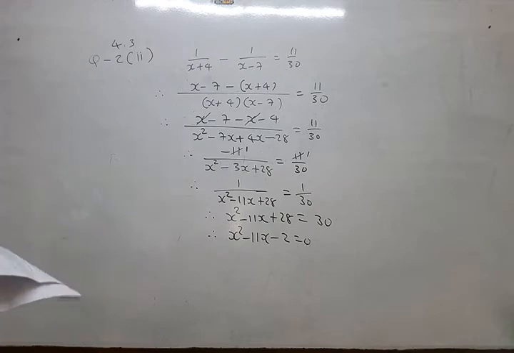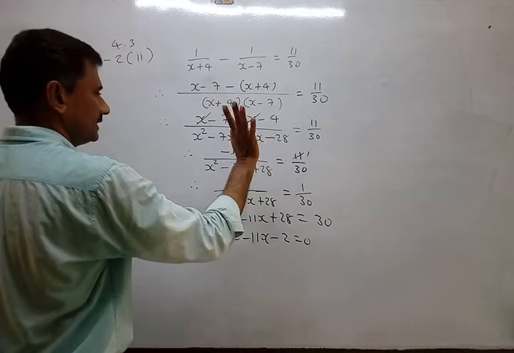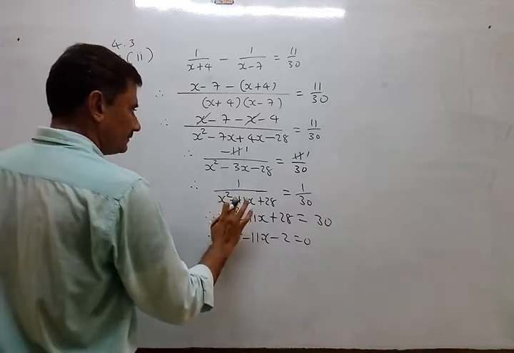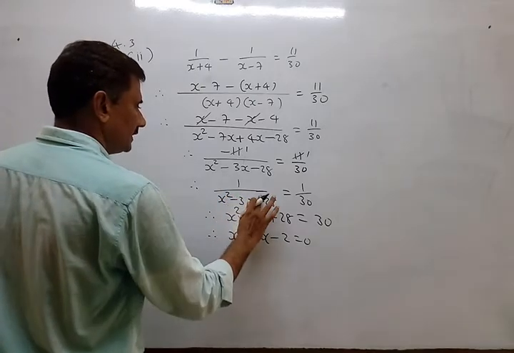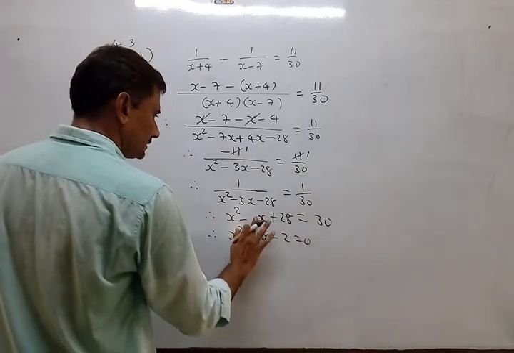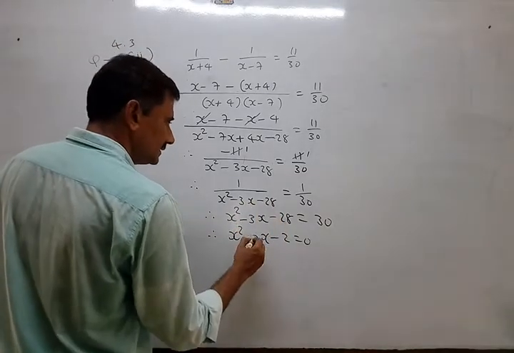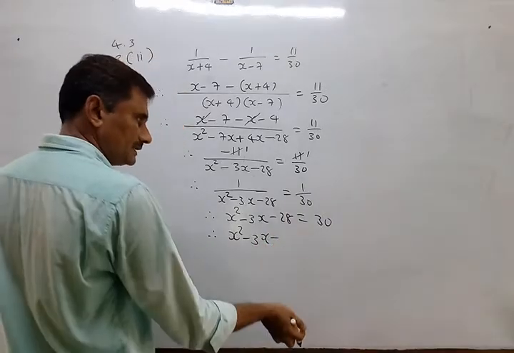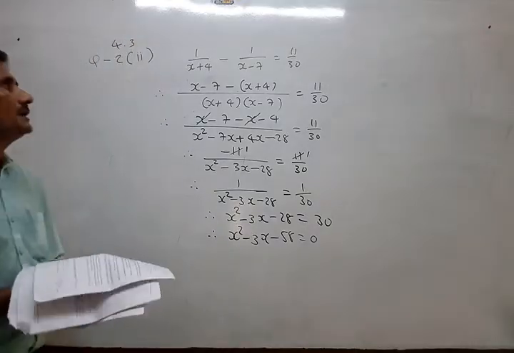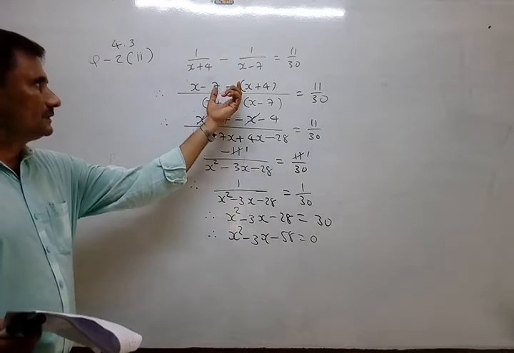It is right. Okay. x square minus 7x plus 4x minus 28. So minus 28. So x square minus 3x minus 28. Okay, it will be the same only. So here also minus 3x minus 28. Okay, so minus 3x minus 28 minus 30. Okay, so minus 58. Again I just verify because I made one mistake here. Instead of plus I have written minus. So accordingly there will be something wrong.